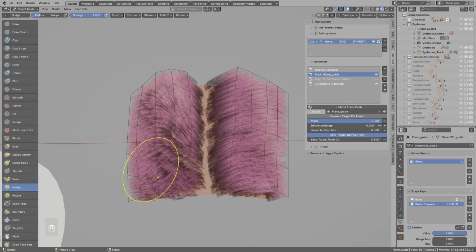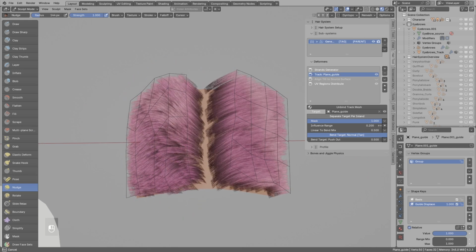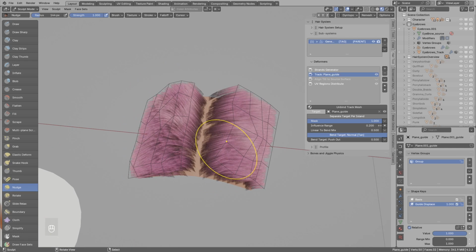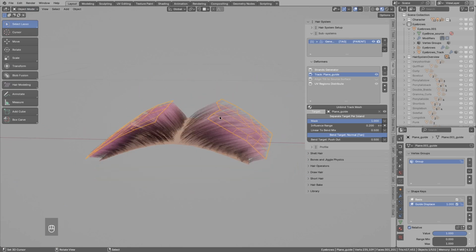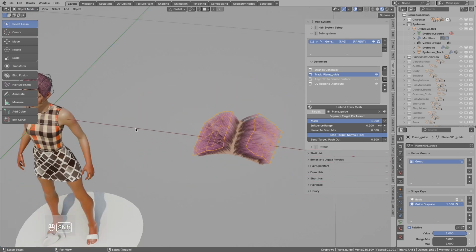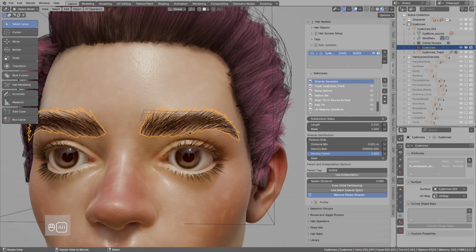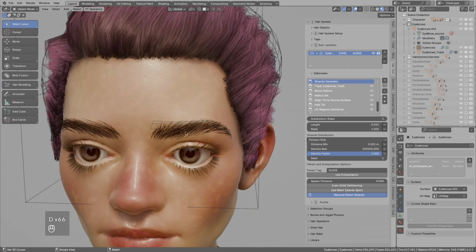So now you may be asking why this technique is any good. Maybe it would be better to create guide curves and guide the strands with the guide curves rather than this guide mesh. Well, the thing is, I tried to use guide curves for those eyebrows. Even though I tried to make them very nice and smooth, it would still not result in nice, smooth generated hair cards. Not sure why, maybe it is because the Blender curve interpolation is not the best, but